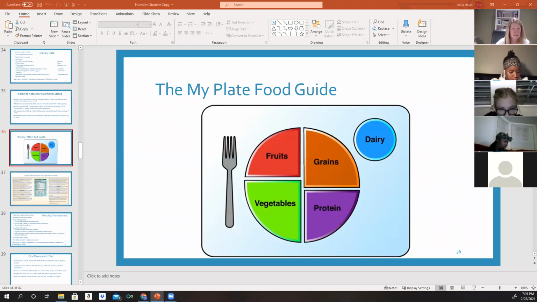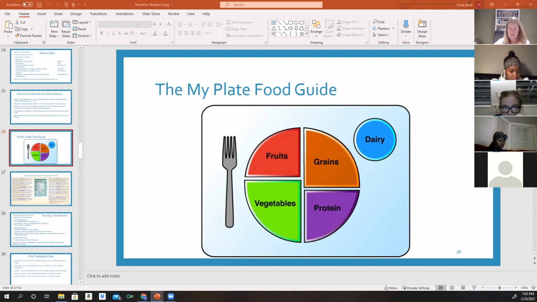This is based on an initiative from the Dietary Guidelines for Americans. This was designed to help people make better food choices that will allow them to follow healthy eating across their entire lifespan. They use a familiar image that most people will be able to understand because it's